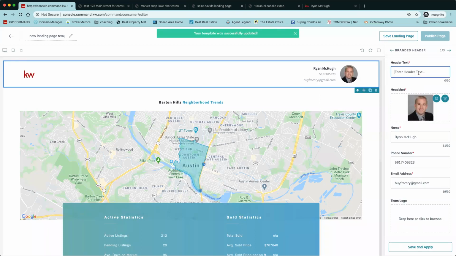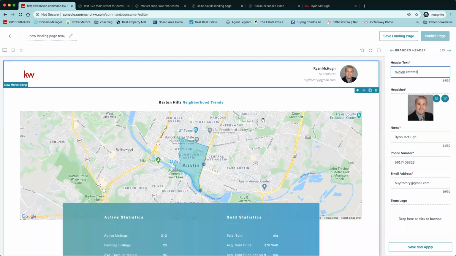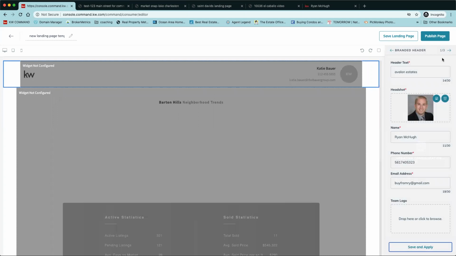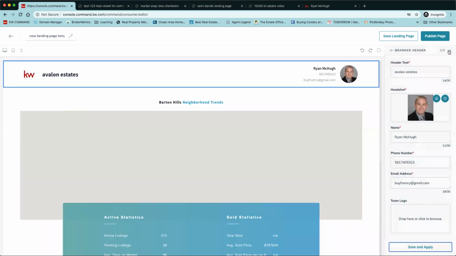Mindy, that one you just gave me, what neighborhood was that in? Boynton Beach. What, like community? Oh, Avalon Estates. Okay, let's see if it finds that. No guarantee, but let's see if it finds that. So I'm going to try to do a neighborhood snap now for that neighborhood that she just did, Avalon Estates. If I pick Avalon Estates, hit save and apply, it's going to put that as my title. And then when I go to the next piece, so when I go to 2 of 3,